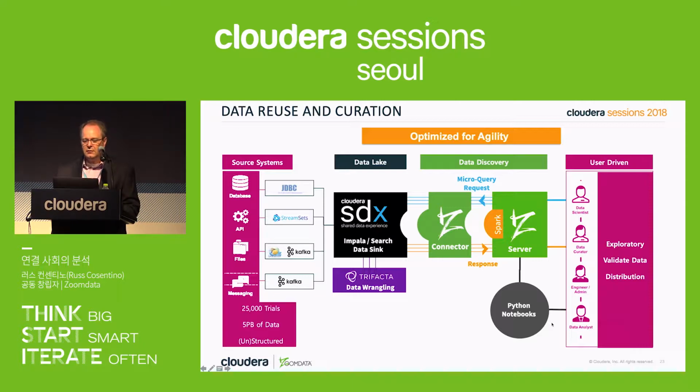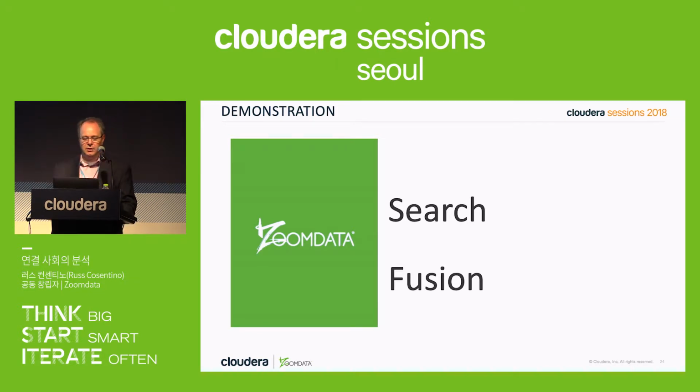So let's go ahead and highlight how we can take advantage of a search database and do fusion against the data set as well. And again, for a company that has data coming from all these different environments, being able to fuse that information is incredibly important to them. So we're going to jump into our Cloudera instance here. You're more than welcome to go to this too. It's cloudera.zoomdata.com, and the login and password is Cloudera. And I'm just going to pop up a search database